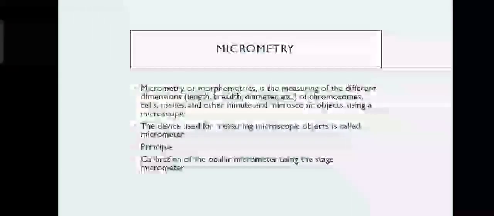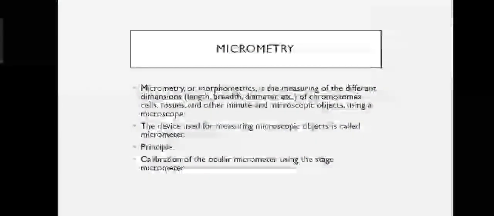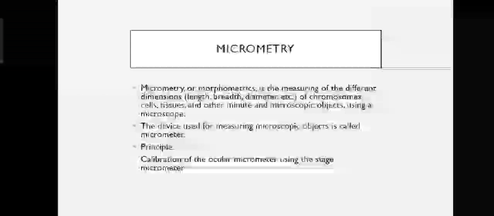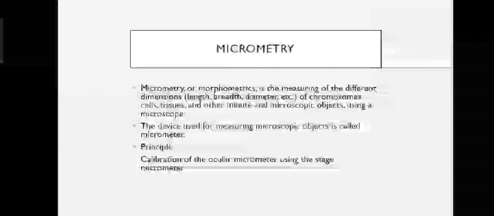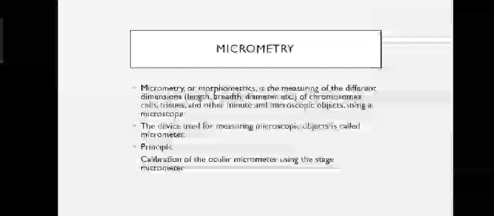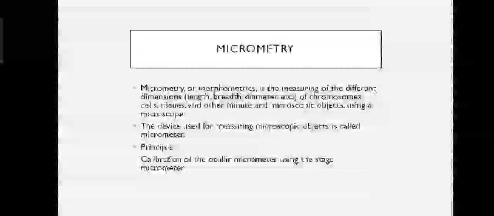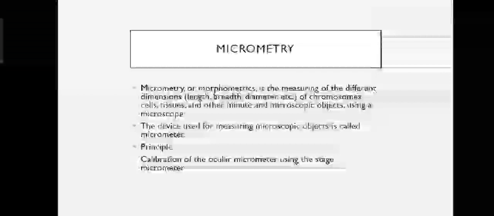Hello everyone. Today I am going to take a seminar on the topic micrometry. Micrometry, or morphometrics, is the measuring of different dimensions of chromosomes, cells, tissues, and other minute and microscopic objects using a microscope. These measurements are based on the comparison of the objects with standardized calibrated scales and are expressed in micrometers,